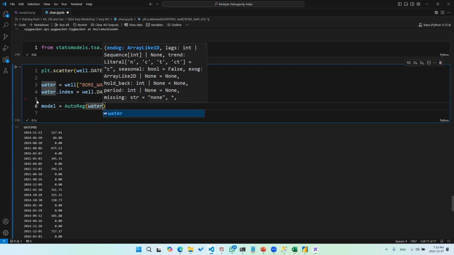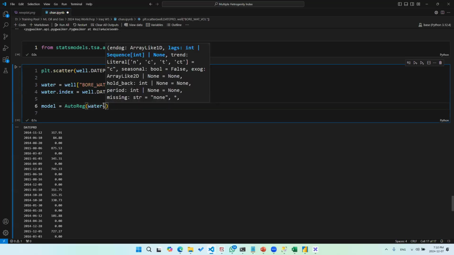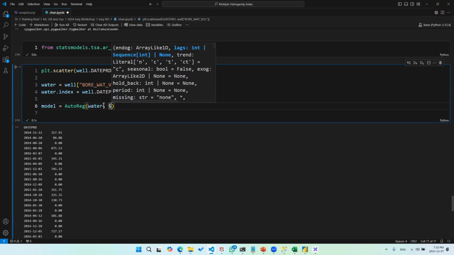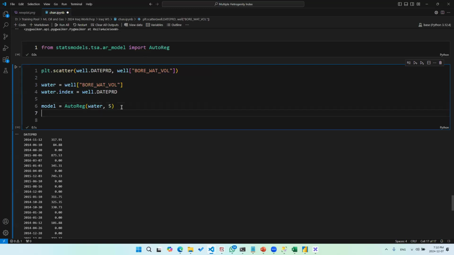By the way, you might already know it's not only about water. You can create a prediction of anything you want. For example, you can create a prediction for bottom hole pressure, wellhead pressure, temperature, different things that change with season. You can do anything you want, okay? And now the next input is how many data points we want to look back for our prediction. Now let's start simple. Let's start with 5 data points. Of course, the more data points that you look behind, the more accurate your result is going to be, okay? But the slower the model will understand your data.